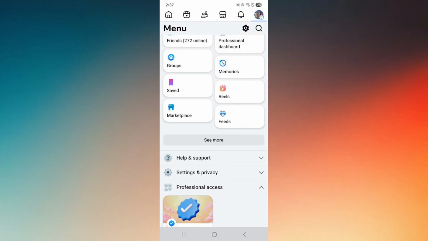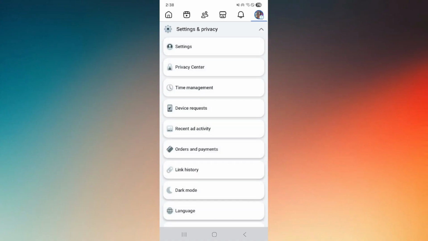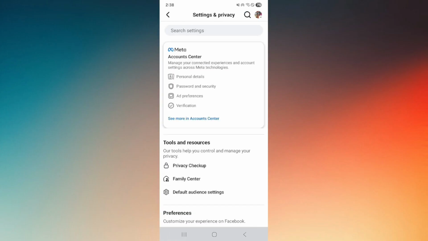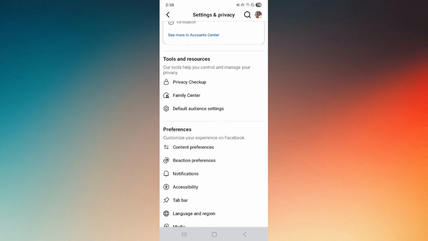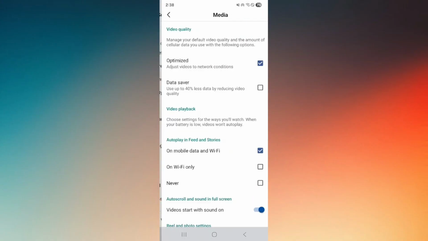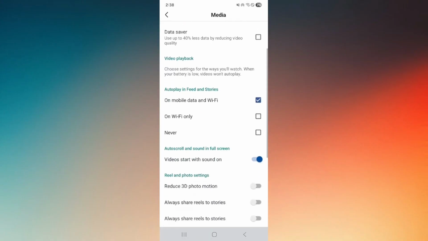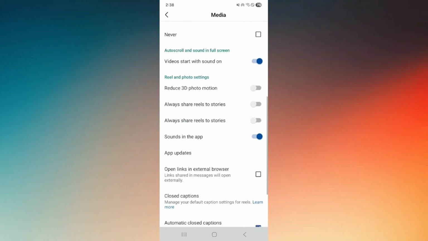Head over into your profile and then scroll down from here and go into settings and privacy and then tap on settings. Now there's actually two ways where you can go to media or sound settings. You can use the search settings box, or you can just simply scroll down and then under preferences, choose on the media option. Now once you're here, scroll down once again, and then you should be able to see around